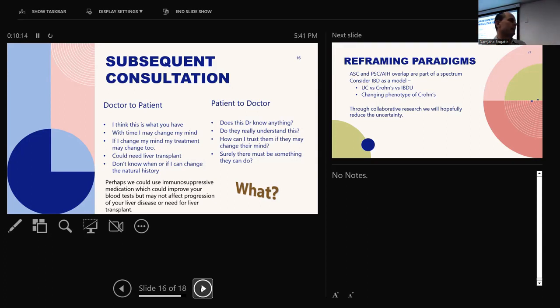And are there any side effects of immune suppressing medication? Yes, it might make you more prone to infection. It might make your liver tests a bit worse. And then the patient's just going, you've got to be kidding me. What is this? What have I walked into? So it really has to be a very careful conversation with the probably more often teenagers, sometimes younger, with the patients themselves and also with the families.